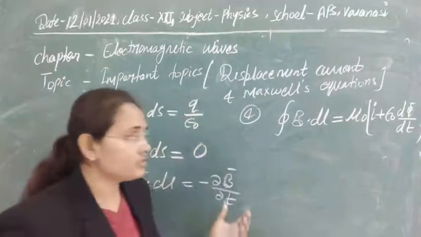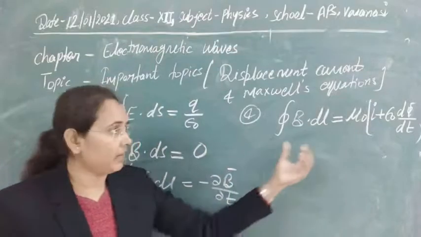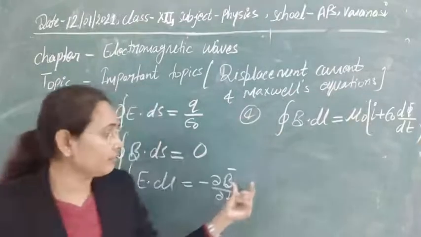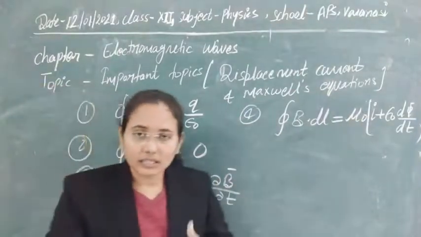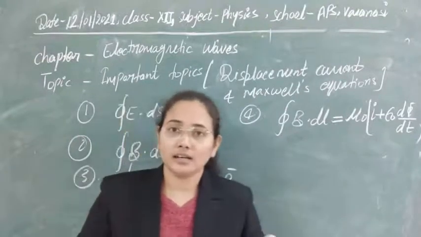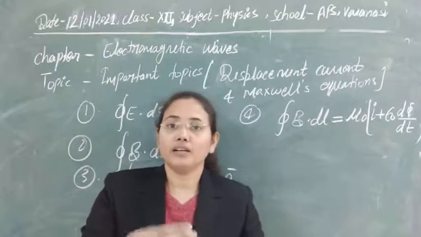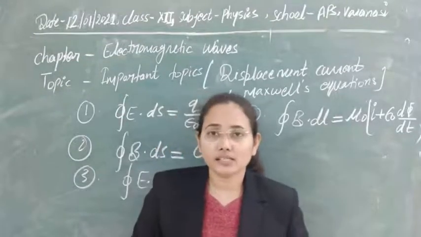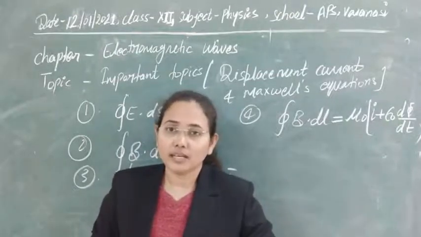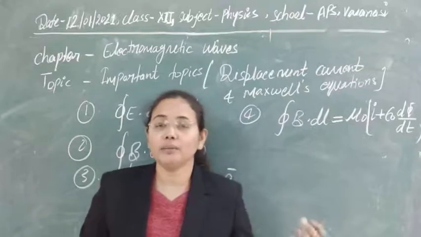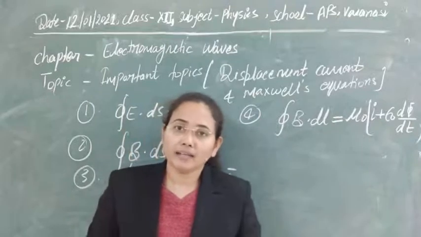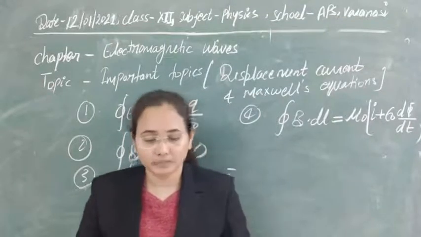A change in electric field generates a magnetic field, and a change in magnetic field generates an electric field again. In this way, electric and magnetic fields continually oscillate and generate each other, and this is the way electromagnetic waves are produced. We only have to oscillate one of the fields of the system, and after that the other is produced automatically.